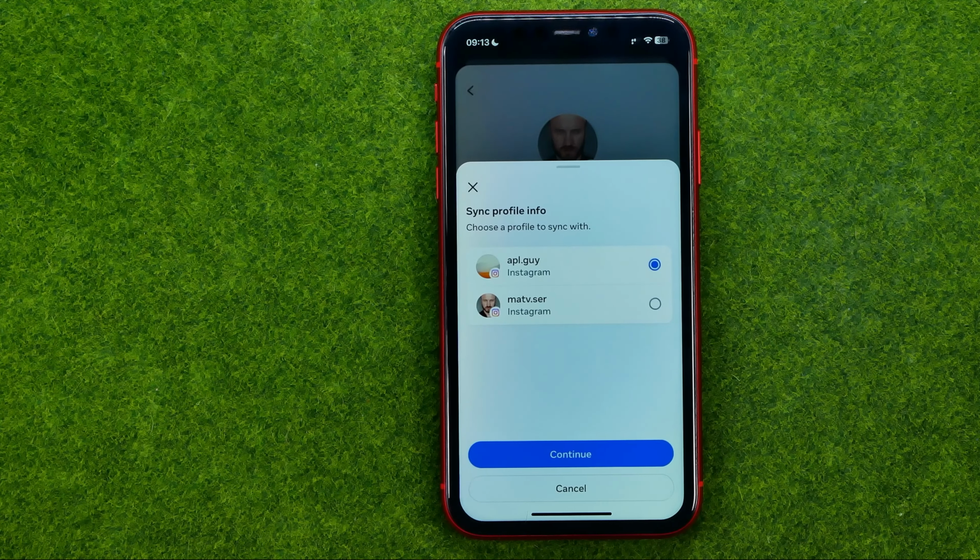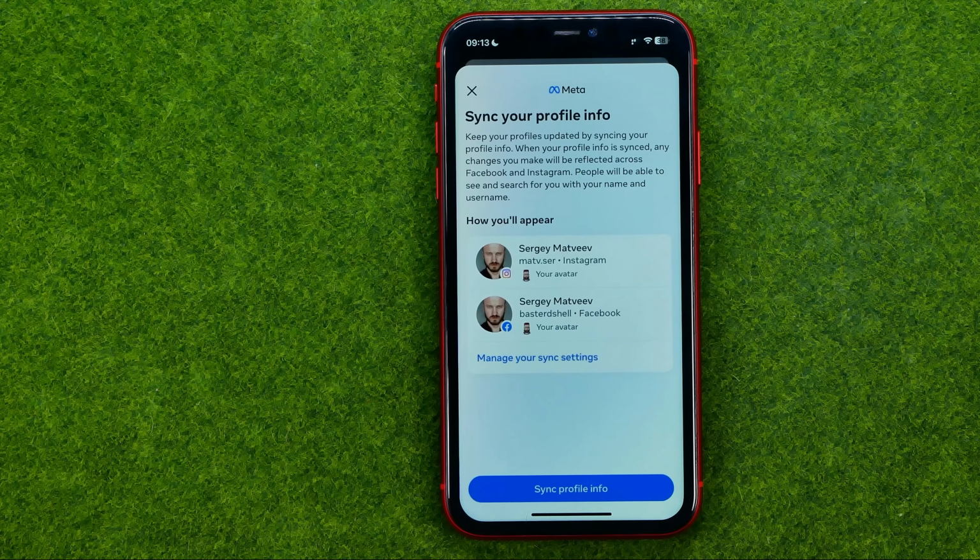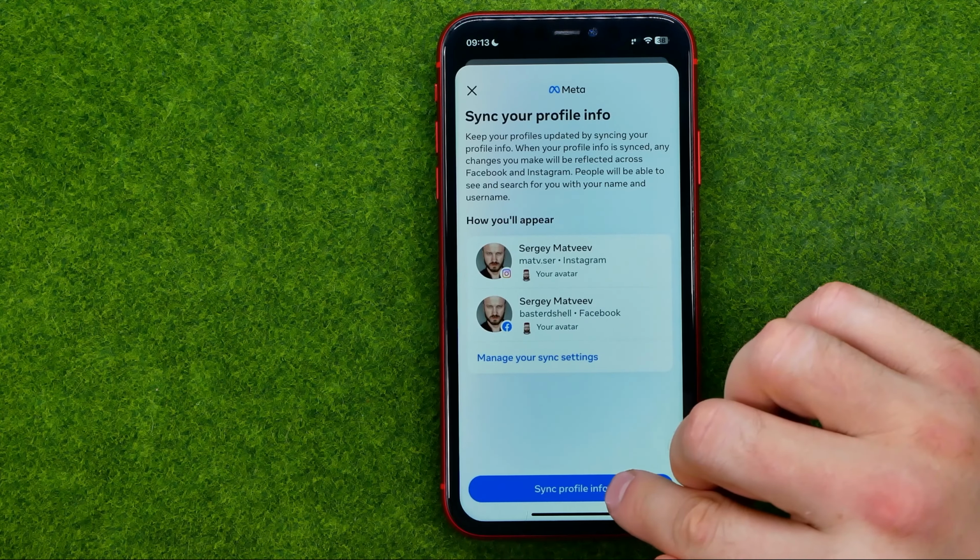On the next step, if you got multiple Instagram accounts, you will be asked with which Instagram account you would like to link your Facebook account. Just select an account and then hit continue. Then sync profile info,